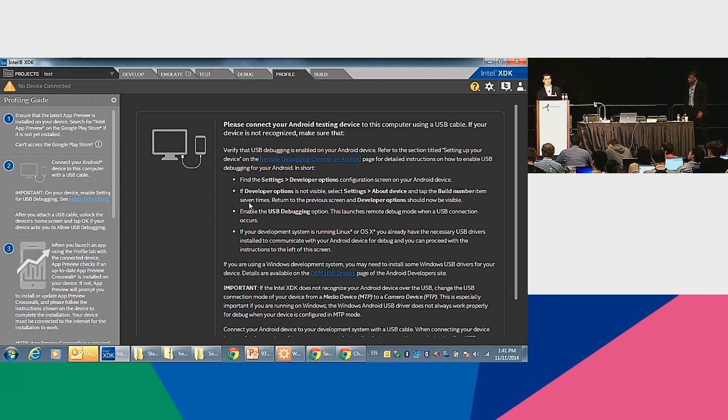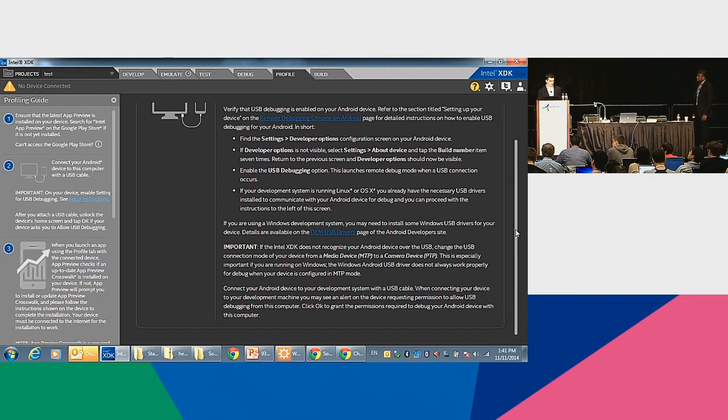Profile. This is my favorite part of the Android toolkit, actually, because it lets you look at where the performance barriers are with your app. Obviously, there's not really going to be any for this soundboard app, but for some of the other stuff, you're going to run into it quickly. And this,